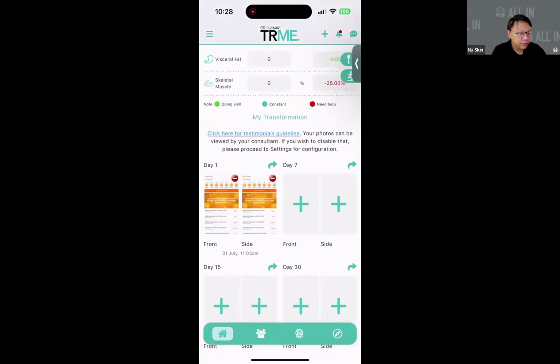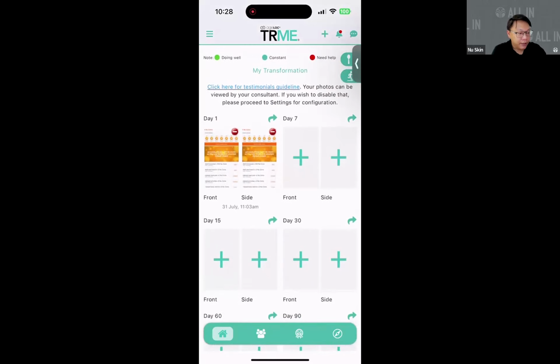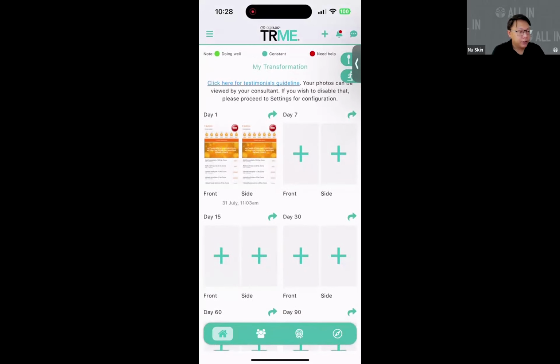So scrolling down, another important part of the feature would be the transformation journey, right? What's best to translate those numbers that you have recorded on top would be best represented in terms of photo, right?